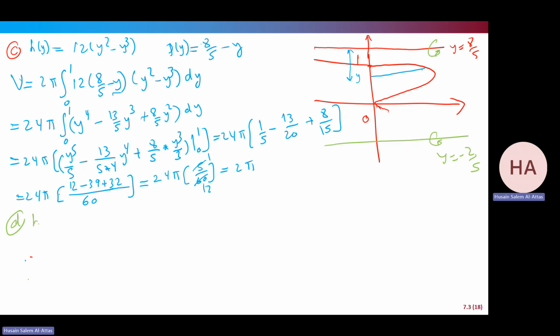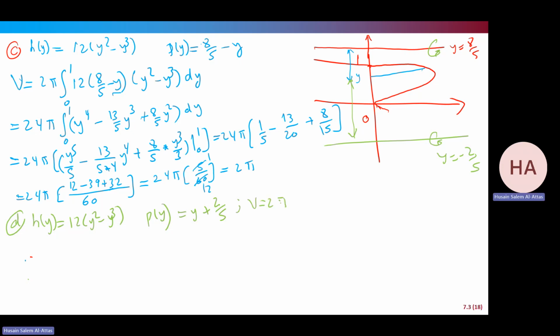Everything will be the same. h of y will be the same. The limits of integration are the same, except for the distance at y. If this is y, that will be my distance, which is what? y minus negative 2 over 5, which is y plus 2 over 5. Okay, now let me do the calculation. Yeah, I do it there. Okay, so V